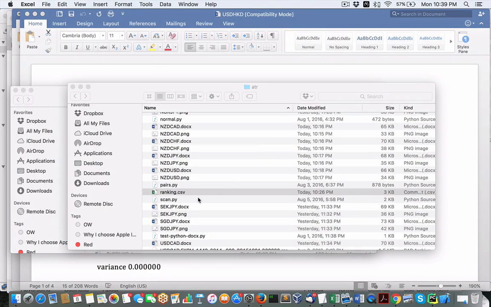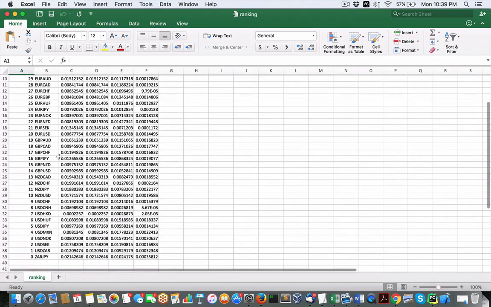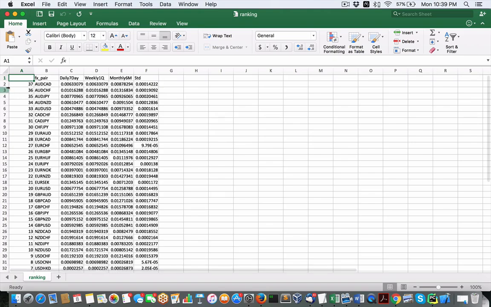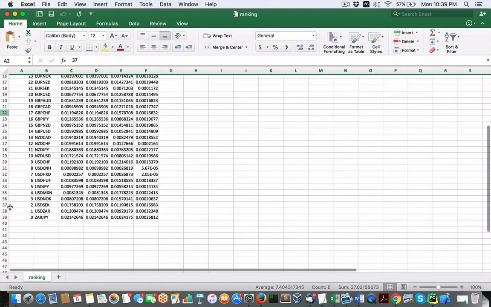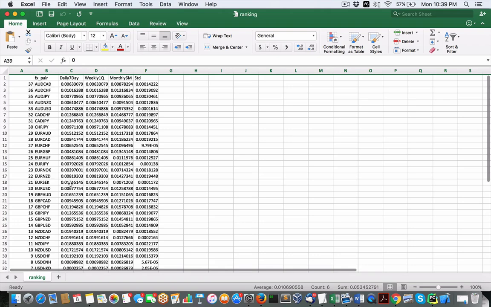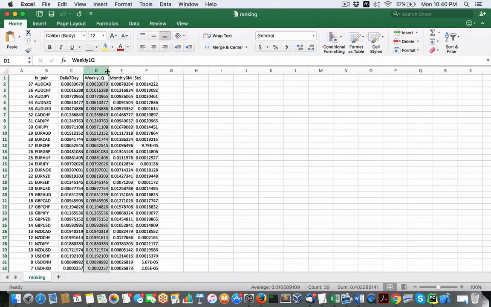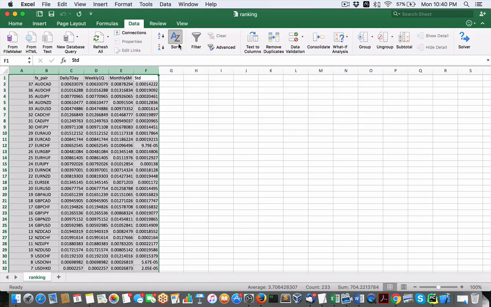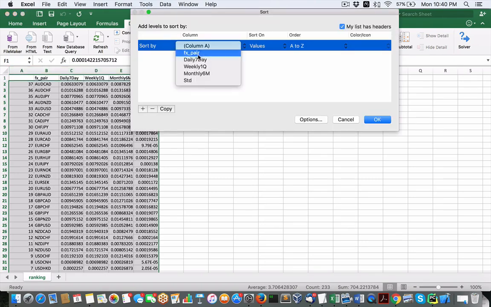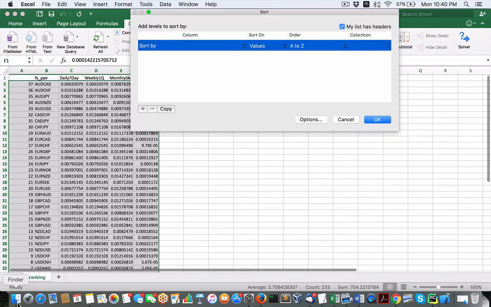Let's load up again. So here's the raw file. We have 37 combos or trading pairs from IQFeed that were valid. And these are the daily, 7-day, weekly, monthly. Plus I added in the standard deviation from the high to low. So when we do a sort on standard deviation, this is one way we can measure. Oh, and another thing I need to tell you